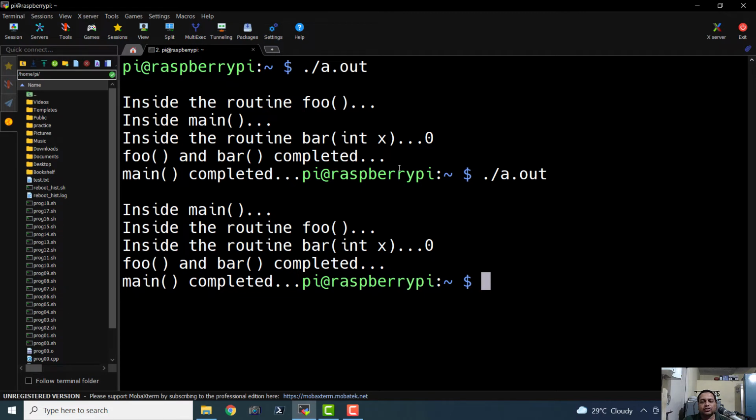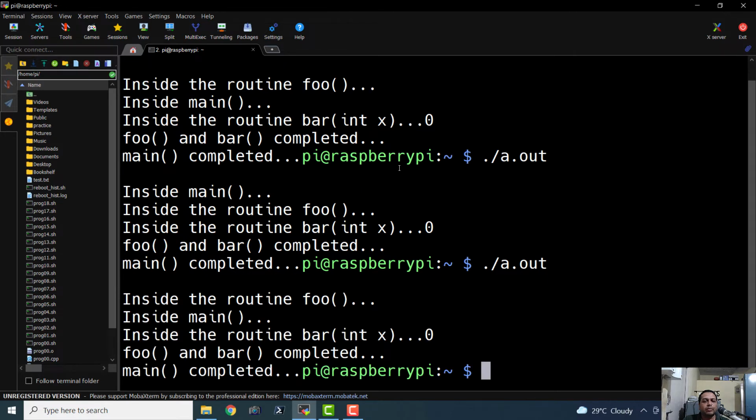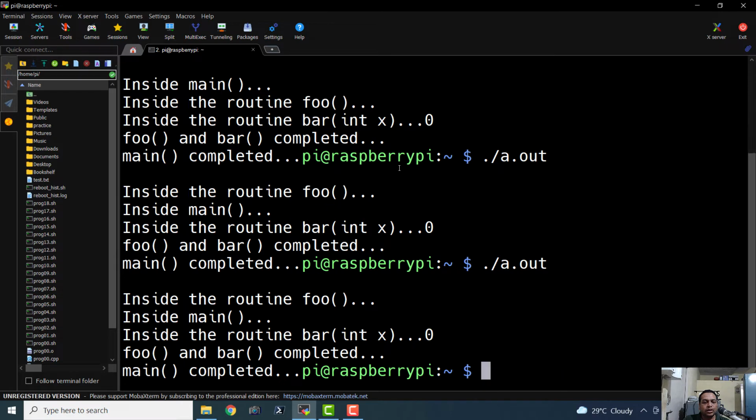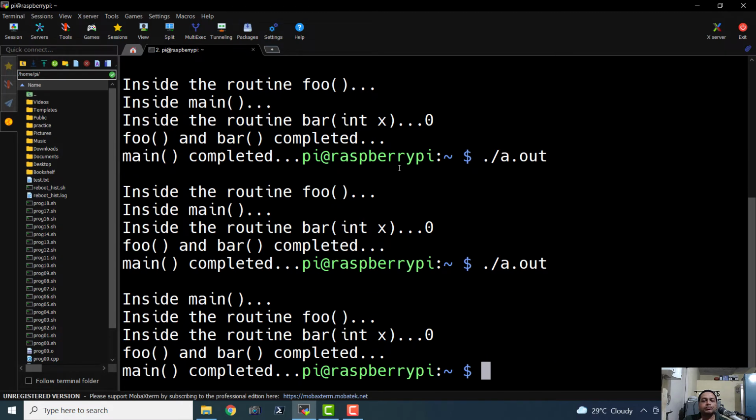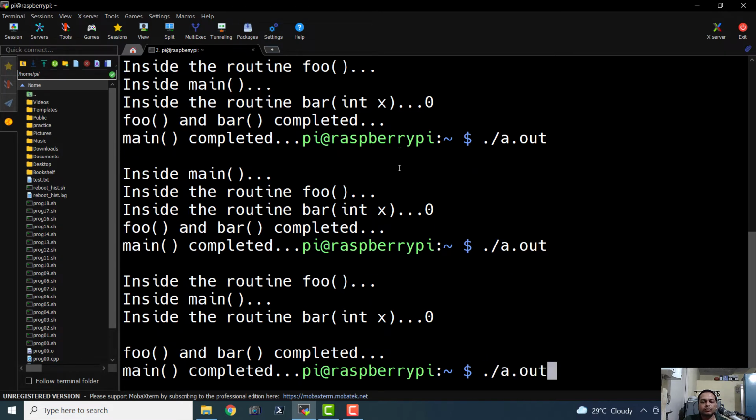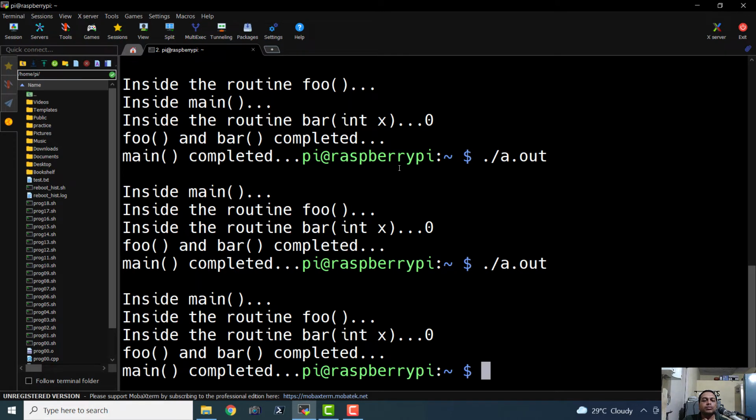And there is no way we can visualize that parallelism in the command prompt. That is why the messages it prints could be different every time we execute this a.out file. So this is the true parallel thread program.